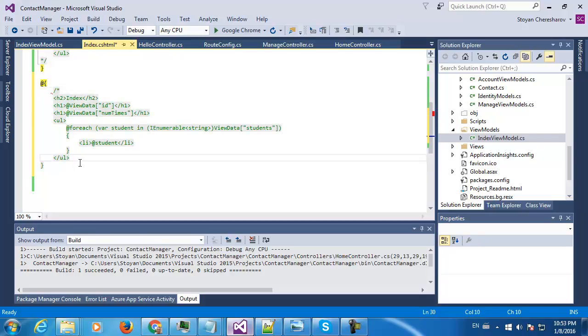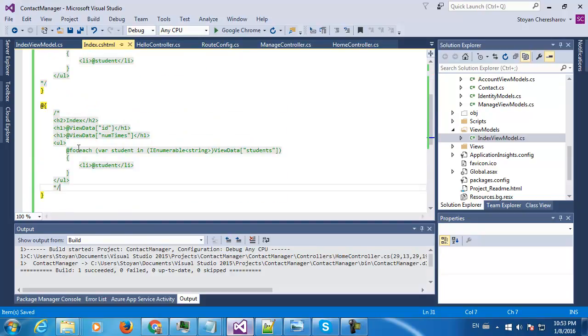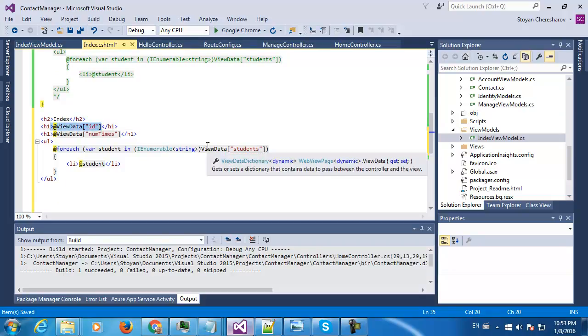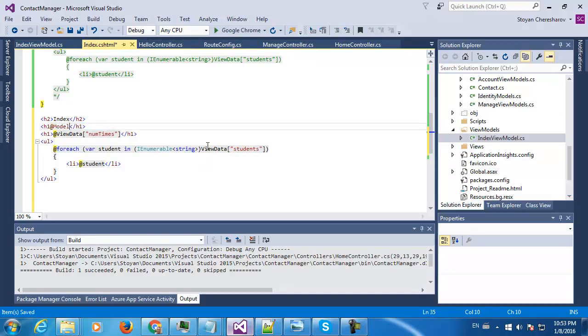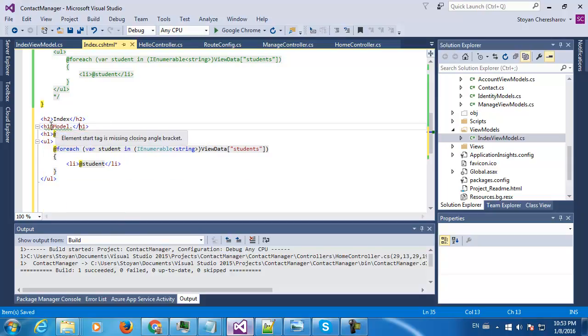Okay, so what I'm gonna do here is I'm gonna comment again my code, and here I'm gonna start over again. This time, instead of ViewData, I can do model, and oops, h1 model, and when I type dot,